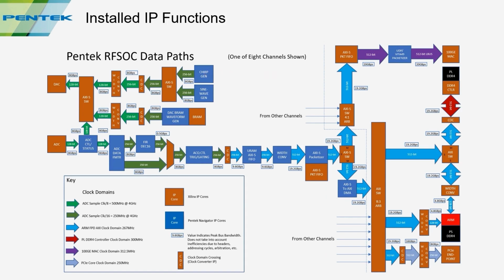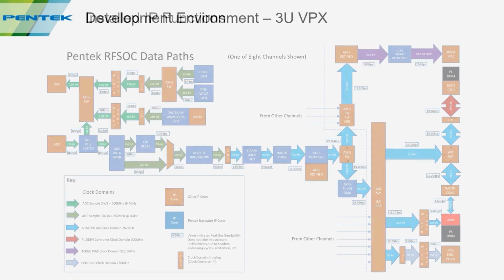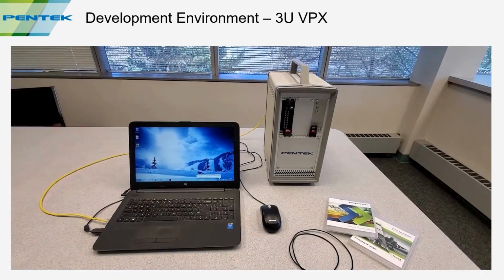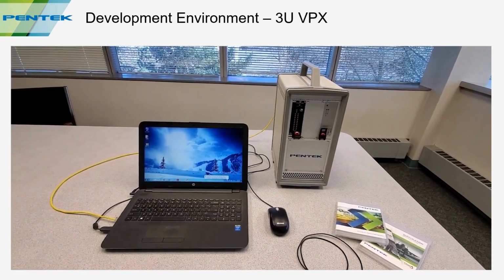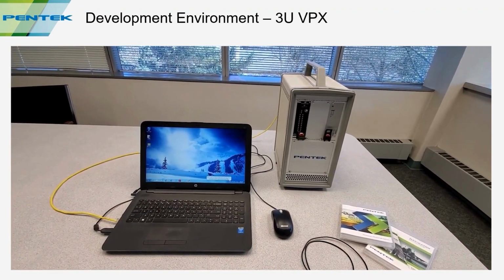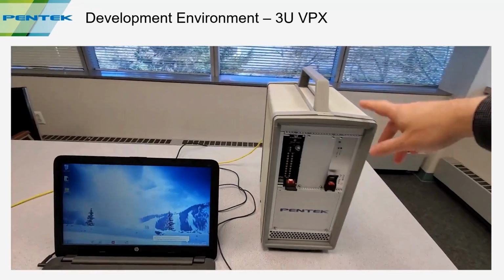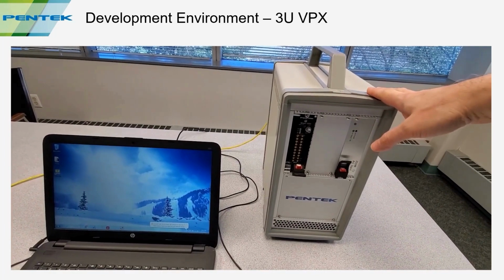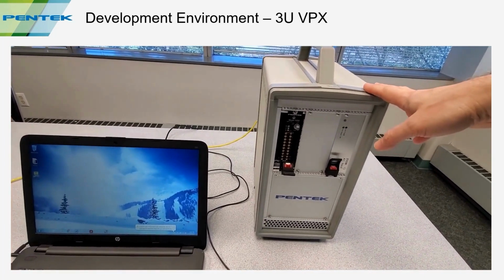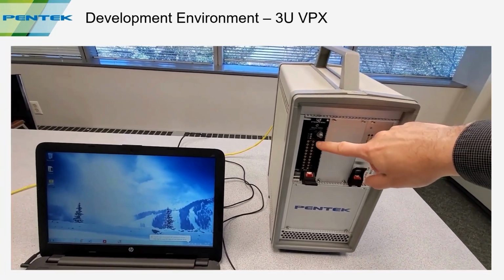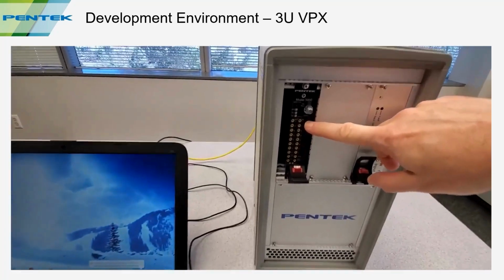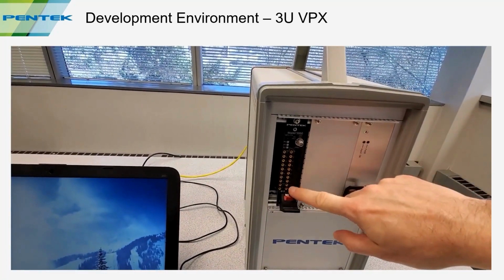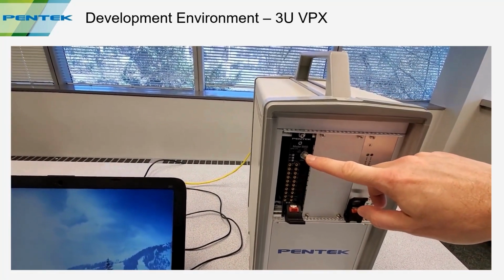So let's take a look at what this setup looks like and how you could start using this IP. This is the basic configuration for doing development and debugging in 3U VPX. This is a Pentek 3U VPX chassis. If you have your own, you can use that, but this is a low-cost chassis that pretty much just provides power and cooling. In the front is the 5950 Quartz board. You can see all of the analog in and out, plus an antenna connector for GPS,